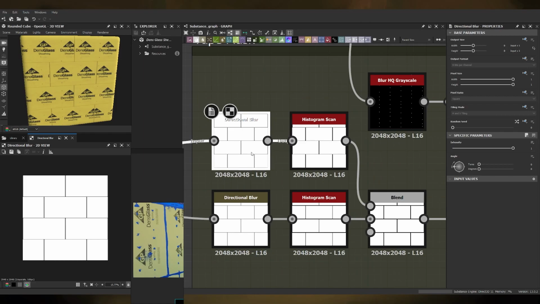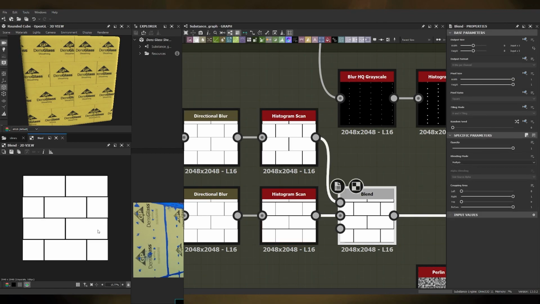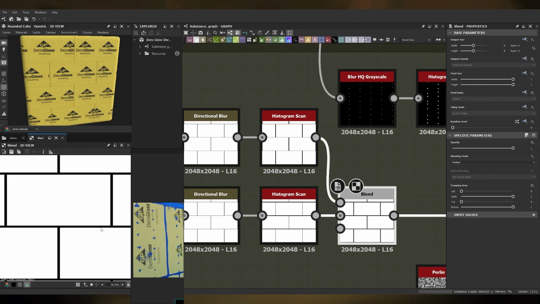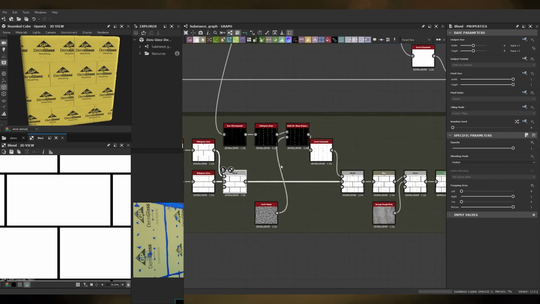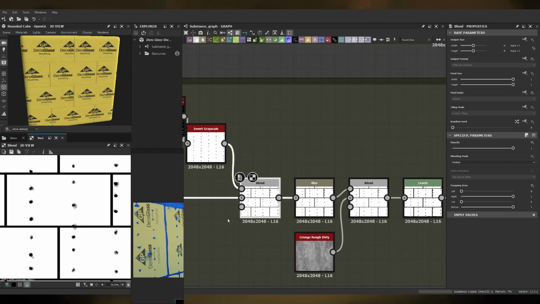For bricks that are vertical and horizontal, that's where the interstices are, this will work. I haven't tested on everything else. Everything else you may need to add some more blurs that go in other directions. But this works for these. You histogram scan them so you can bring out the thickness that you added with the blur, bring it out to a black and white, do it to both of them, blend them together, and boom, you immediately have thicker, which is great. That's pretty much what we need, right? Wrong. We gotta blend it